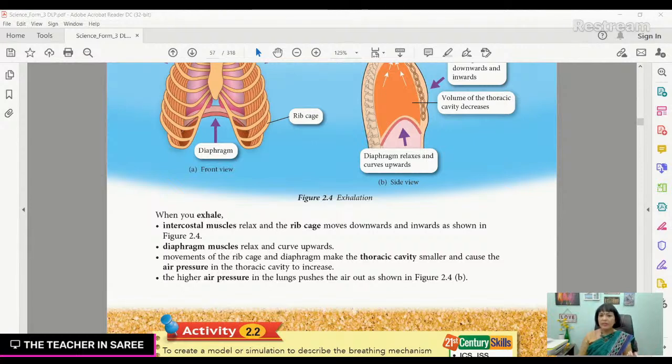Then after that, you have to reread. 3 kali. That means satu bahagian tu you have to see it 3 times. First, you read it on your own. Second time, the teacher explains, you listen. The third time, you read it the second time. So that is when it will go into your head. Ini ialah teknik pembelajaran. Alright.